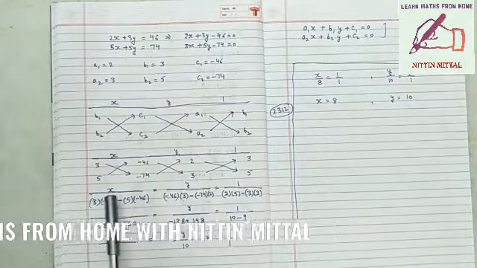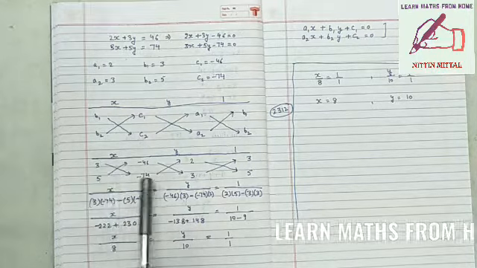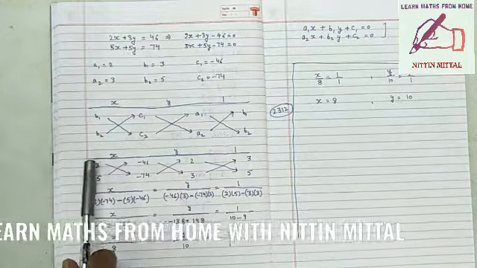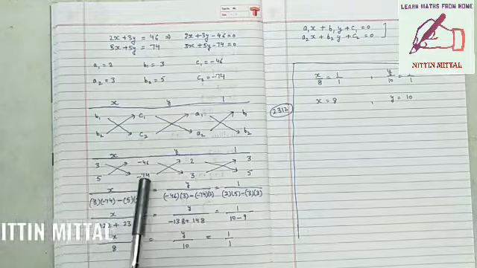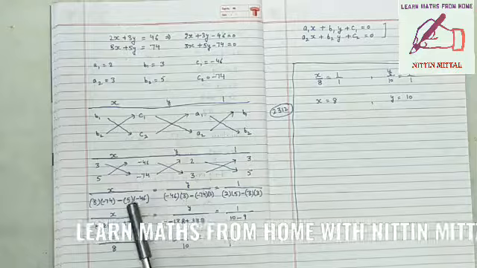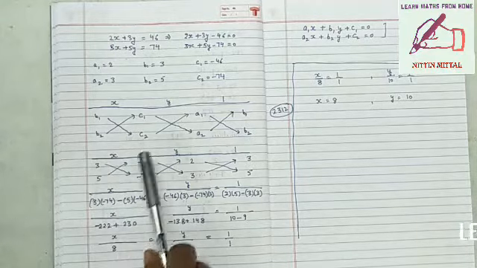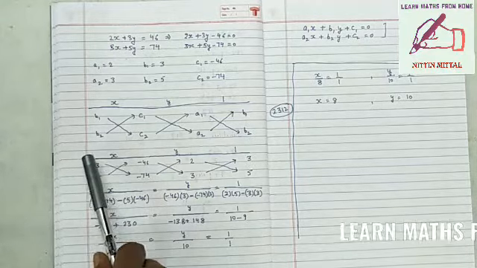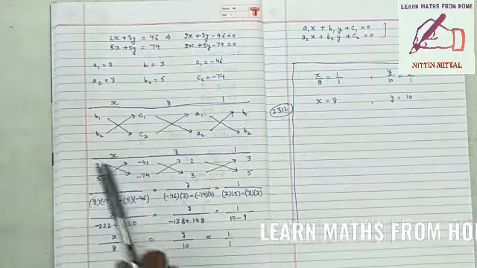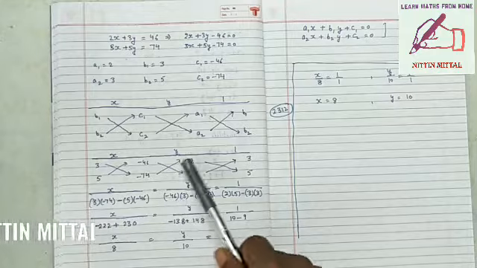Then we will segregate it into x, y and 1. And how to do it with the values? We have to start with the upper left and follow the arrow. So 3 multiply with minus 74 and we'll subtract 5 into minus 46 from it. It means we have to do the subtraction between the two products following the crosses. So 3 multiply minus 74, and from this product we have to subtract 5 into minus 46. We do the same for y and 1.